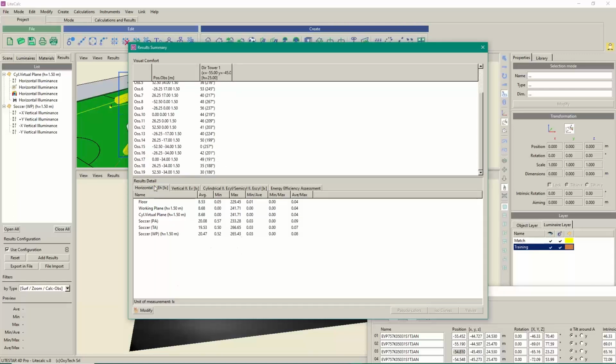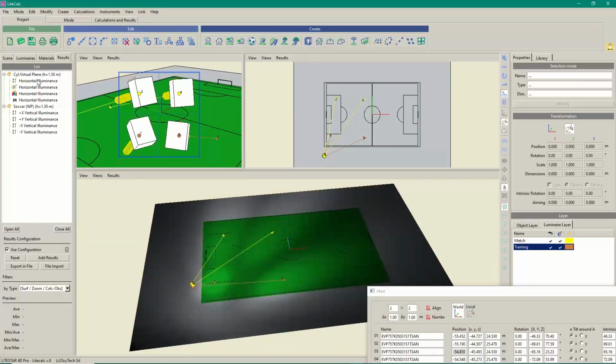Down here, it is possible to visualize the different horizontal illuminances, the vertical illuminances, the cylindrical illuminances, and then the energy efficiency assessment in function of the area, but this is not of interest for our calculation right now. So we may select different results, but first of all, I'd like to show you another feature, which is a very interesting feature with